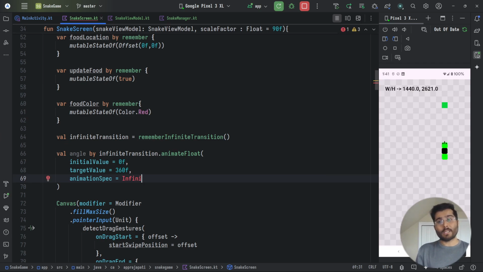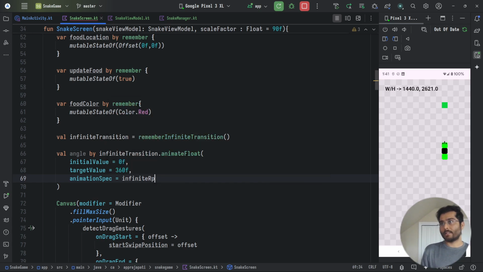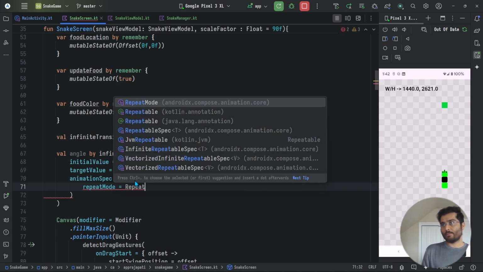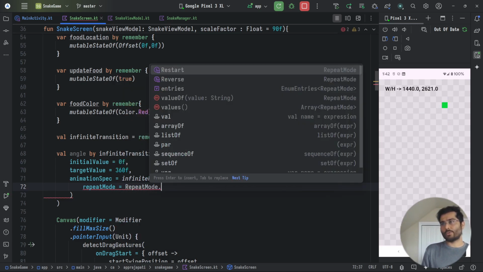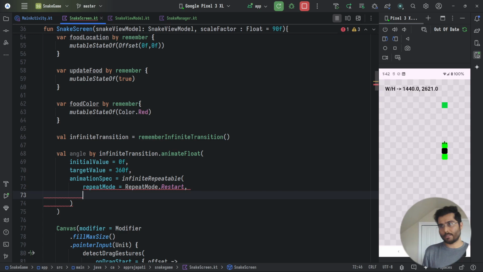I really can't remember this one. I really need to look at it. So I'm just going to look. So what is it called, by the way? So yeah, infinite repeatable. Sorry, infinite repeatable. And in here I can pass a repeat mode dot, I want to just restart it, I don't want to reverse it, and